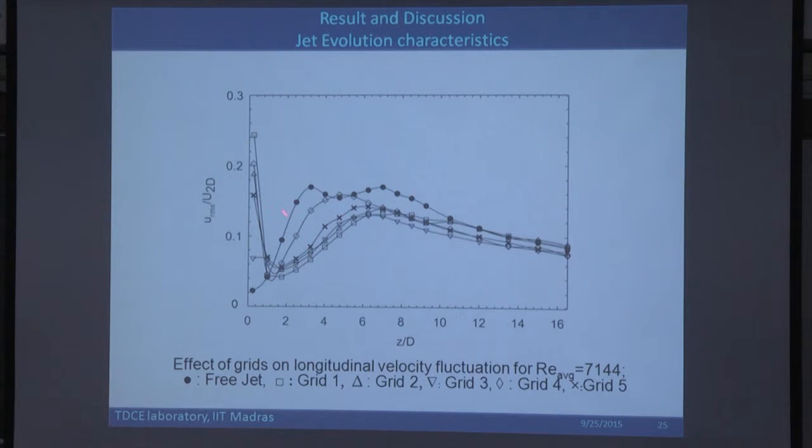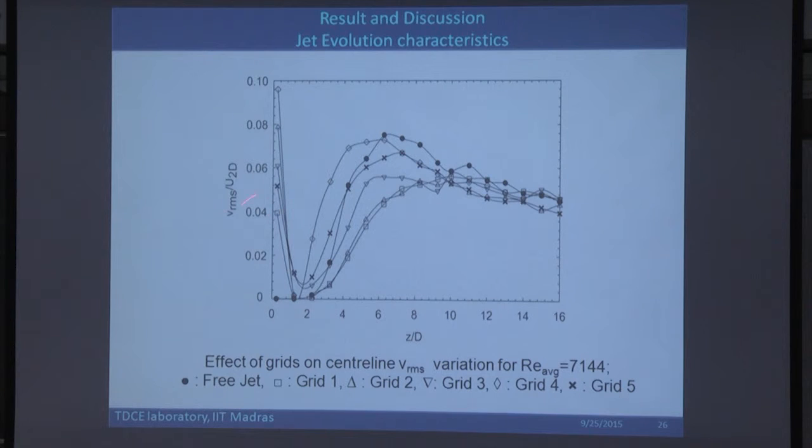See, there is a bump here. There is actually a very big oscillatory sort of thing. The very rise in the URMS component is there. This oscillatory URMS component is present because of the vortices coming together and interacting with each other. But those things were not found in the grids, except grid 4. It had a larger amplitude of URMS. But other places did not show any bump, meaning that the roll-up of vortices was not present. All the measurements we probed say that the roll-up of vortices is not present in most of the grids, except only one grid, grid number 4, which had a larger displacement thickness.